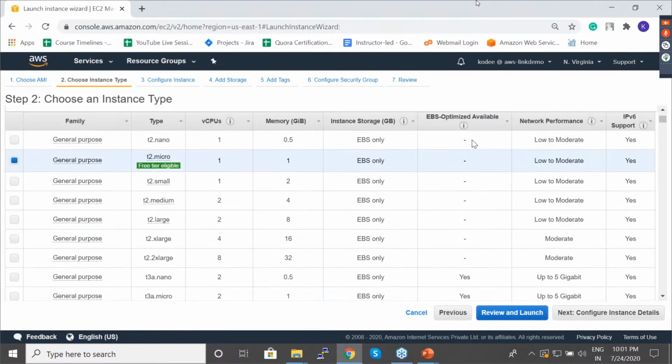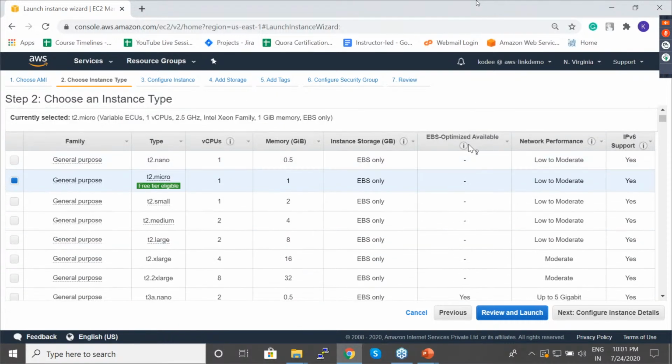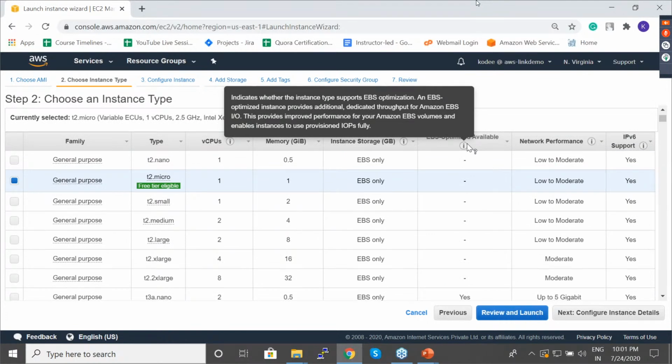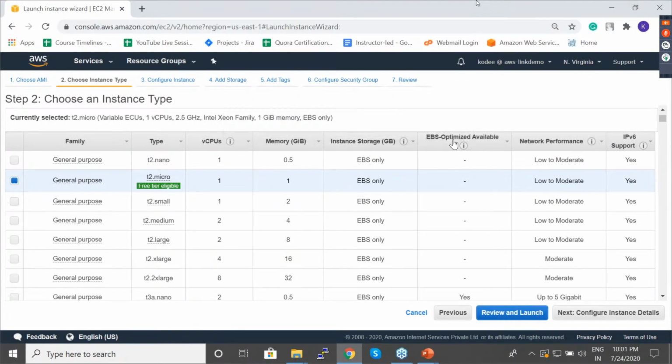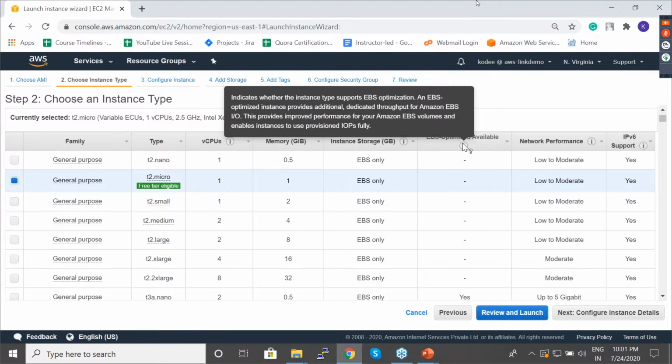If it is not EBS optimized, basically what it means is you will not get a lot of throughput. So let's just look into this. It indicates whether the instance type supports EBS optimization, and an EBS optimized instance provides additional dedicated throughput. So that's what I was explaining. It gives you a lot of throughput.